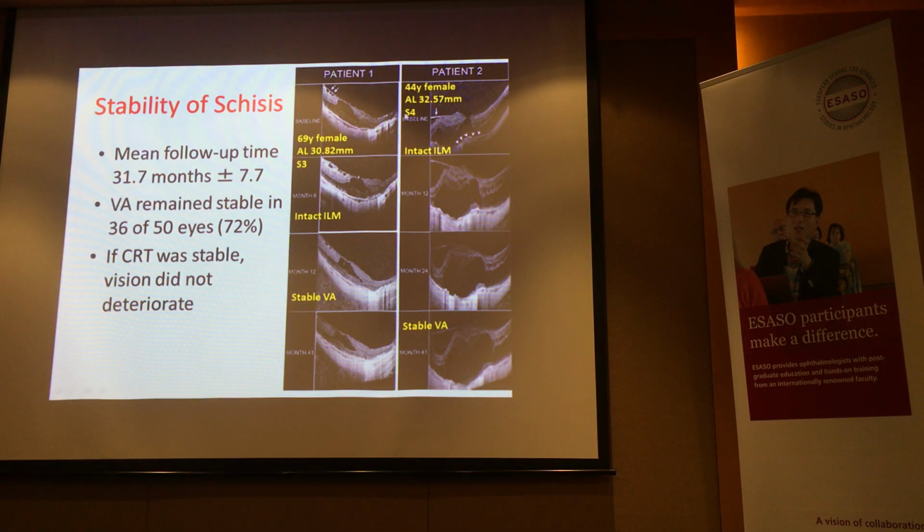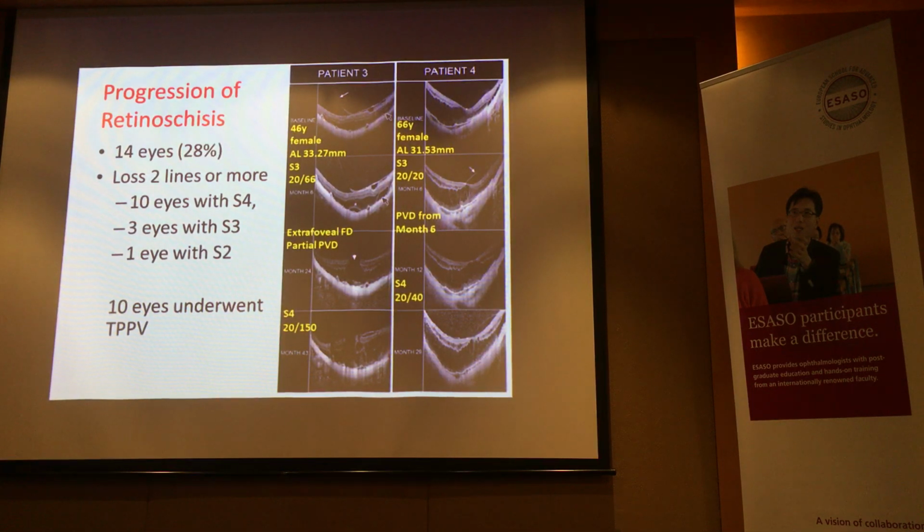So you look at this patient 2, it's got really thick central retinal thickness, but the vision remained stable for the course of 41 months. So you may not have to do anything because there is no progression. But there is progression, therefore, in about 1/4 to 1/3 of eyes, either because of loss of vision or